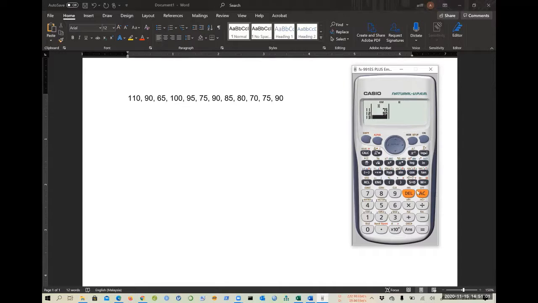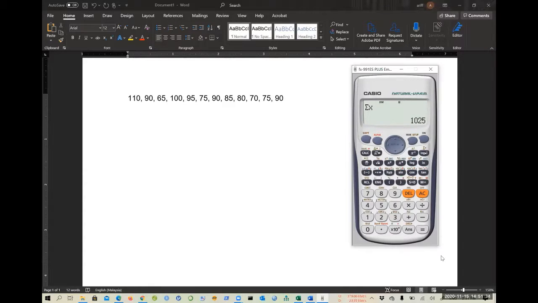So now you can just clear the computer screen first. Now you want to find the summation. So again, press shift number 1. Just now we used number 2, that is data entry. Now you want the summation, so choose number 3. You want the summation of x, right? So summation of x will be number 2. So you write down 2, equal.